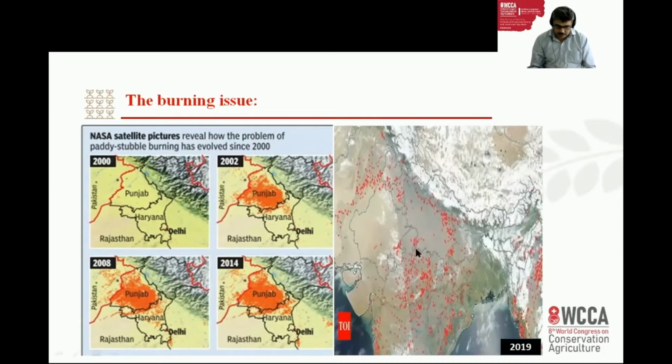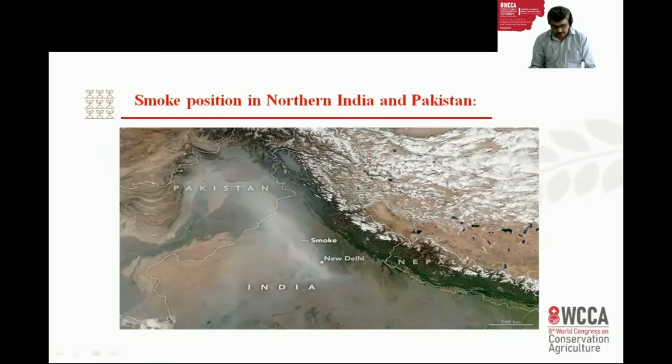The reduction was due to the joint efforts of scientists of the university, international organizations, state officials, and farmers. The government of India also showed keen interest and provided $1,655 million to control straw burning in the states of Haryana and Punjab. They provided 50% subsidy on straw management machineries and individual and cluster burning centers. Next. This picture shows the smoke position in northern India and Pakistan during the month of October